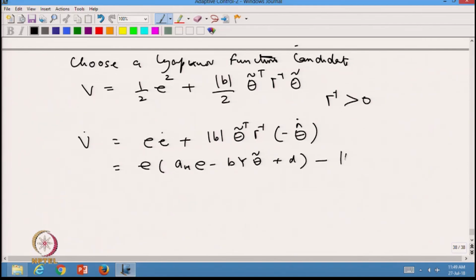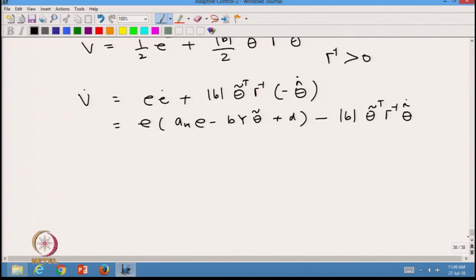Minus theta tilde transpose gamma inverse theta hat dot, right. So if we choose theta hat dot to be minus gamma y transpose E signum of B,